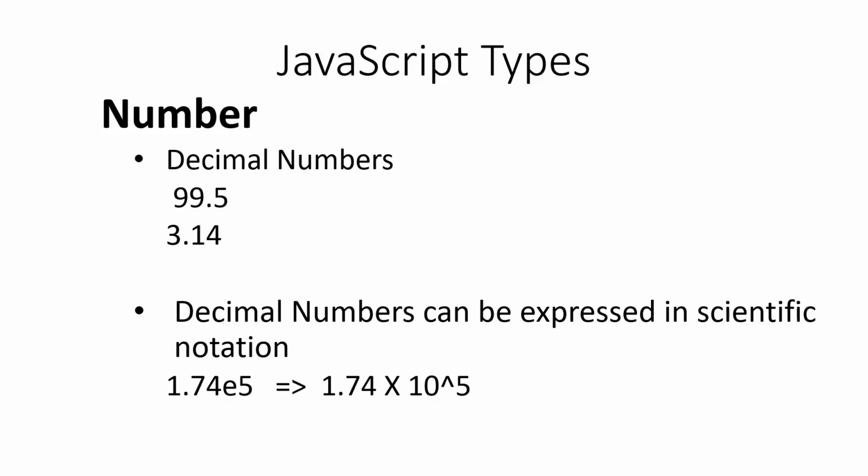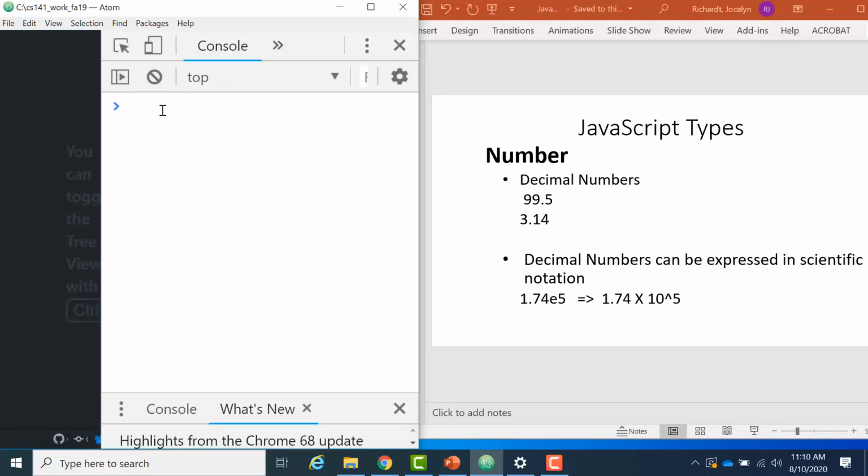So let's take a look at that example. If I type 1.74e5, that is the scientific notation of saying take the number 1.74 and multiply it by 10 to the power of 5. So 10 to the power of 5 is just moving the decimal point to the right 5 places. So it was between the 1 and 7, and if we move it to the right 5 places, 1, 2, 3, 4, 5,